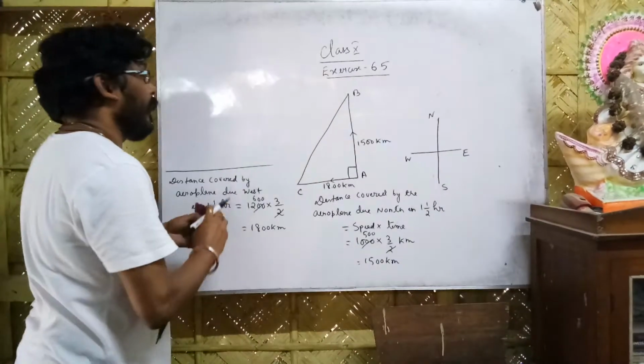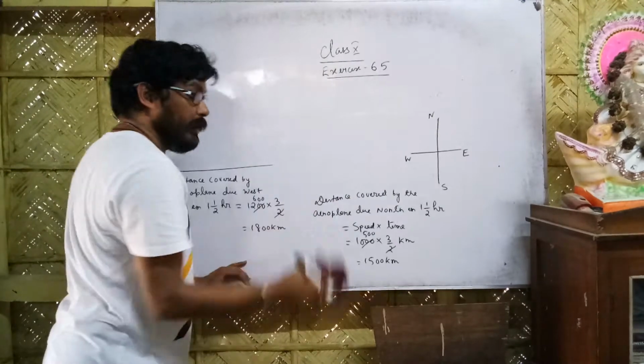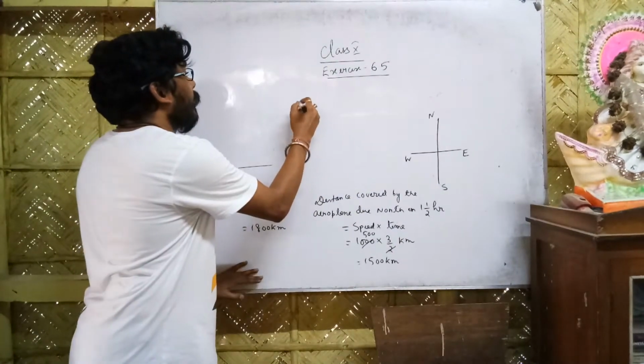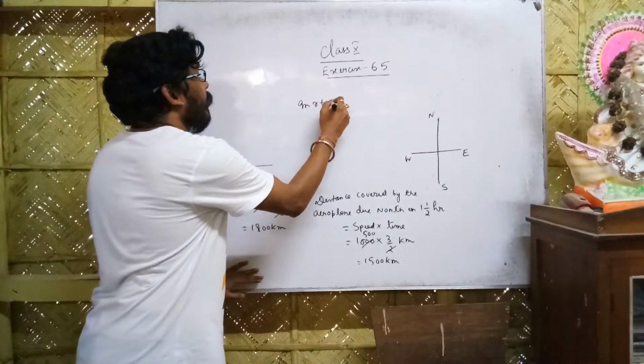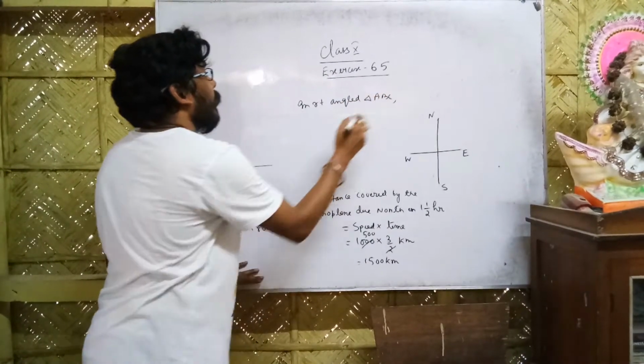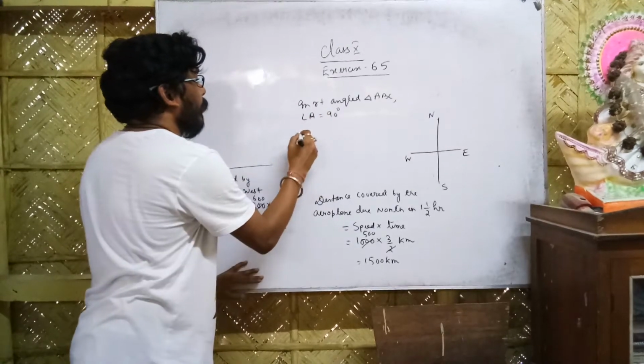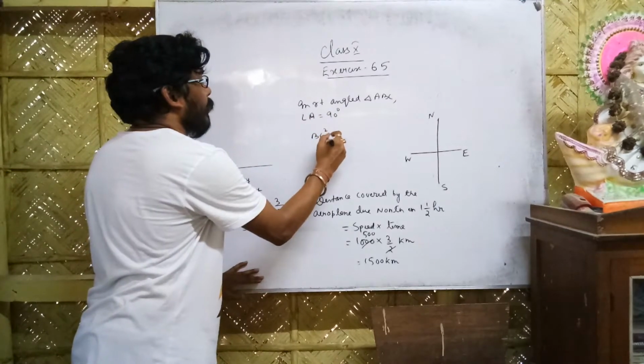Now you write, I will rub this part. In right angle triangle ABC, mention which angle is 90 degree. Angle A is 90 degree. Therefore BC square equal to